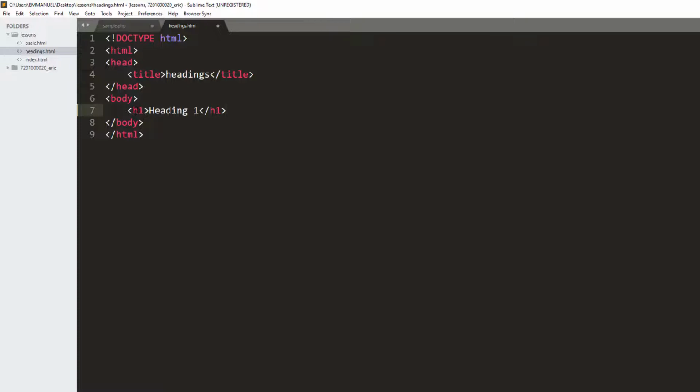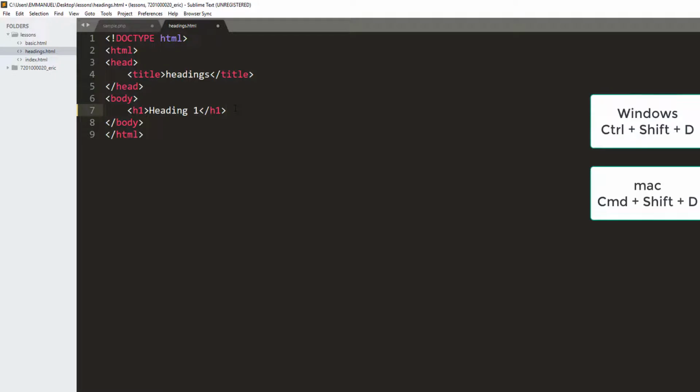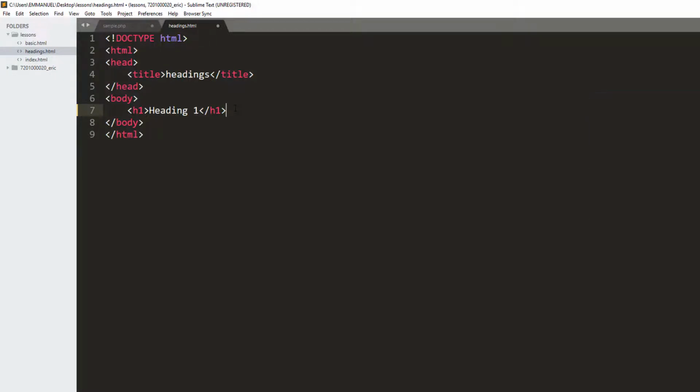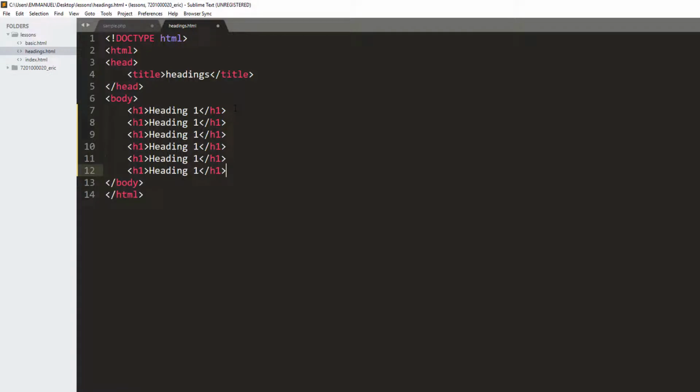I can just copy and paste and then change the tag name and then the content. What I'm going to do in this editor is use a shortcut. So in this editor, place your cursor at the end of the closing tag of your H1 and then hold down Ctrl, Shift, and then press D multiple times to duplicate this. I need this 5 more times, so press D 5 times. Now change your tag name and then your content. So H2,